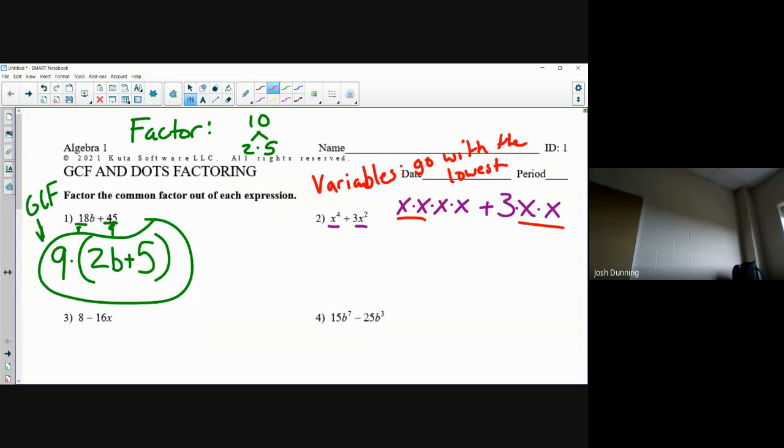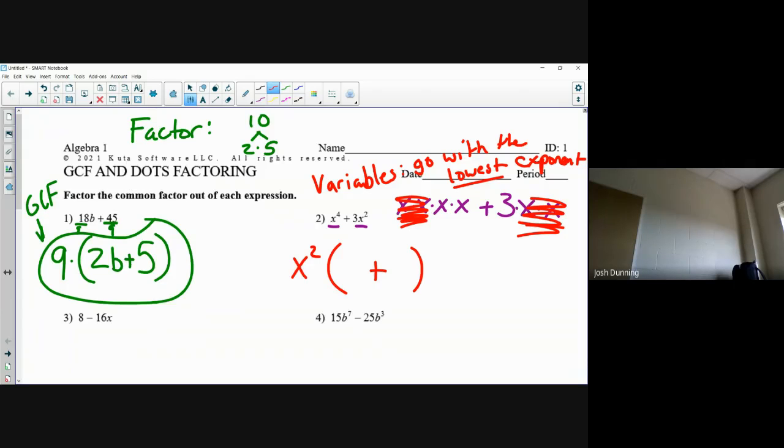Go with the lowest exponent. So, in number 2, the lowest exponent of x is x squared. And then you think about it like this. I have x to the 4th in the original question. I am factoring out, basically dividing out 2 powers. If I take these 2 powers and those 2 powers out of both,